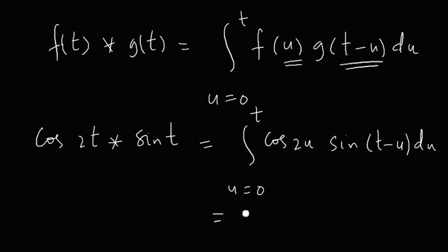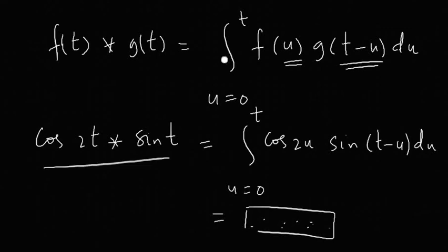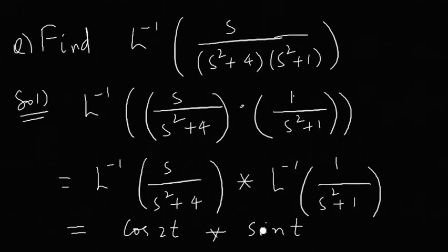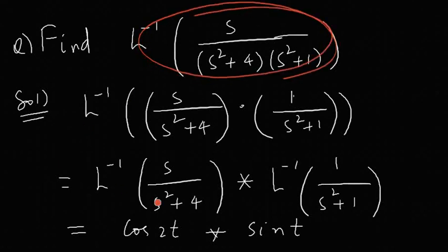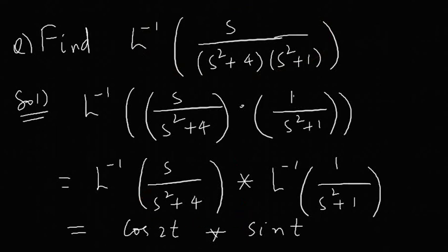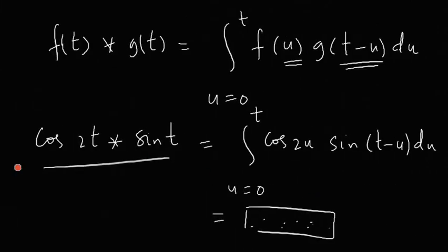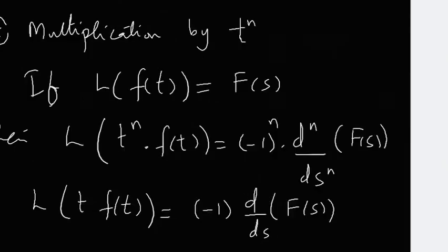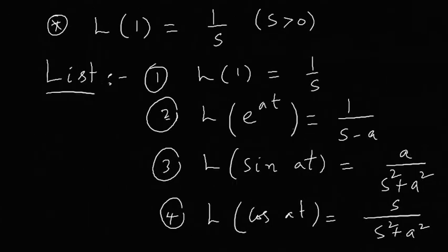Finally, whatever function of t comes, some function of t, not f of t, because I have already used f of t here. So some function in terms of t will come, that is the convolution of these two, and that convolution will be the inverse of this particular given problem. This given L inverse will be the convolution of these two, and the convolution can be brought in this way. So let me come back to what we have discussed till now.